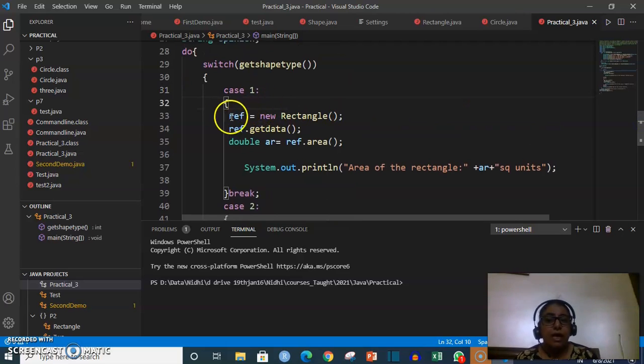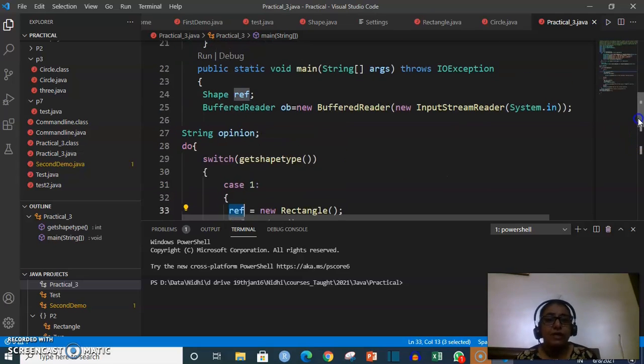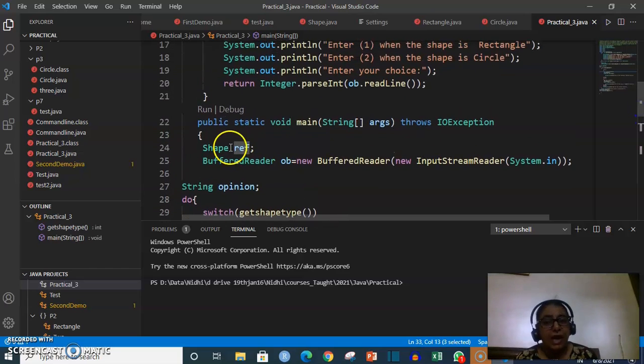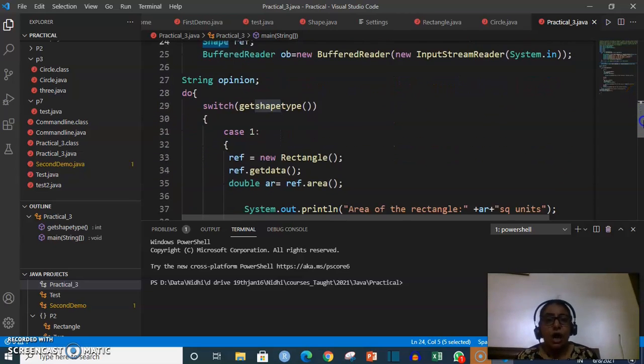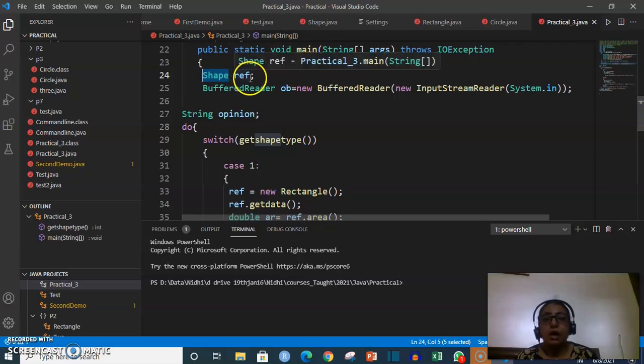So in that, because I also have to show the dynamic method dispatch, I have created a reference object which is of type shape. Shape is a superclass of rectangle and circle both. So to show the dynamic method dispatch, I have to create a reference of type shape.